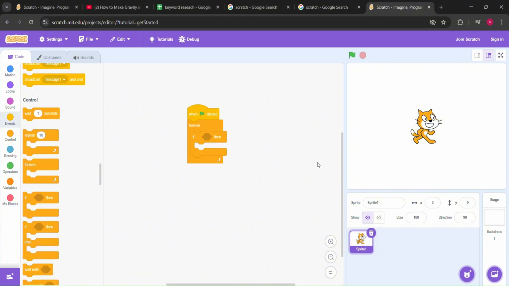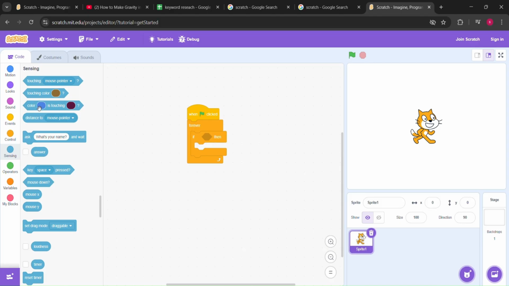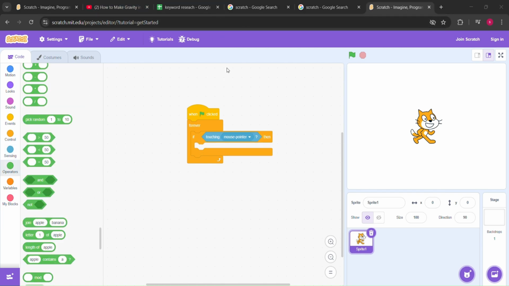Now let's add the if block. And now let's go to sensing, add "touching mouse pointer," add it here. Let's get back and add the not tool here, add not, and then add "touching mouse pointer." Choose here edge now. All you have to add is so the cat won't touch the ground unless the mouse